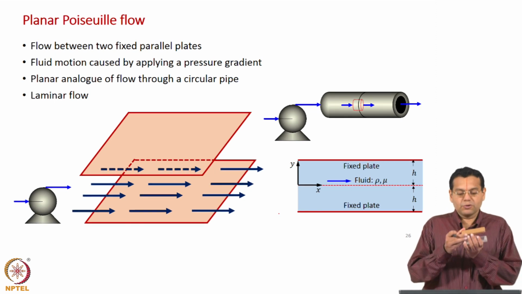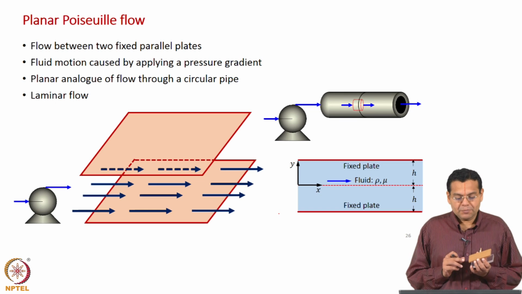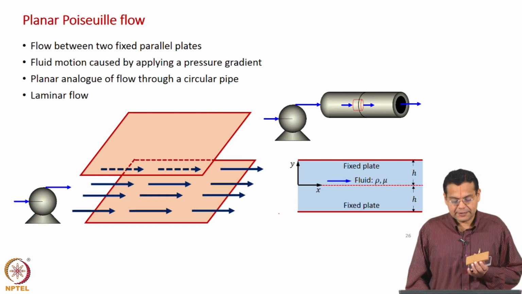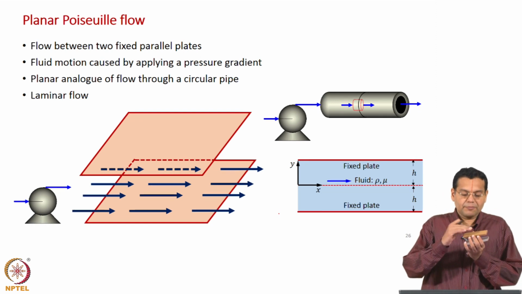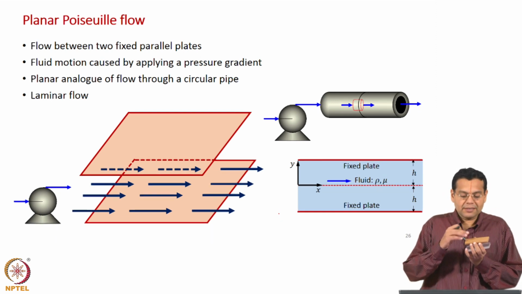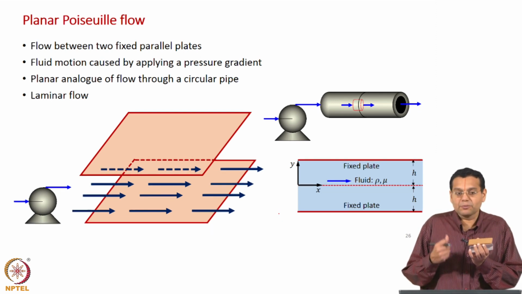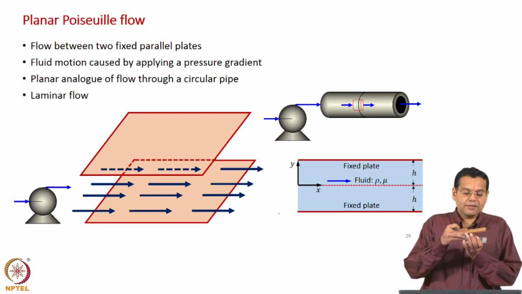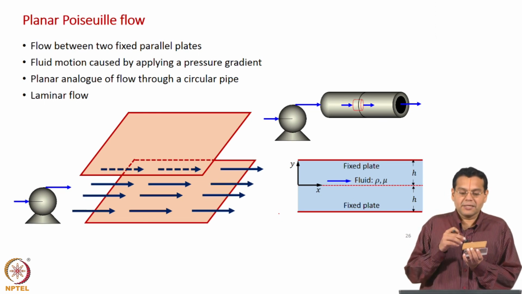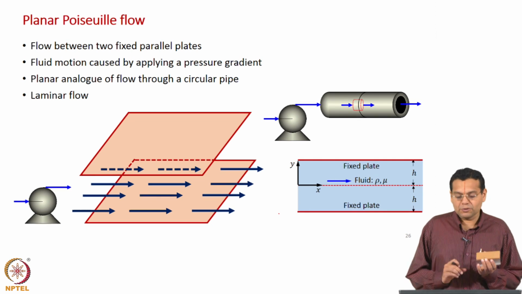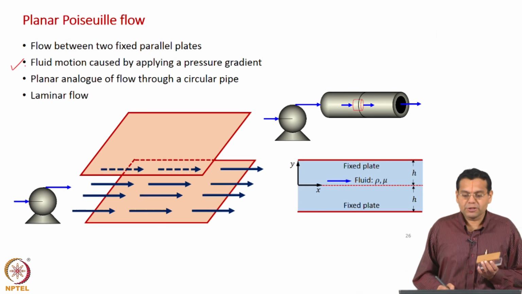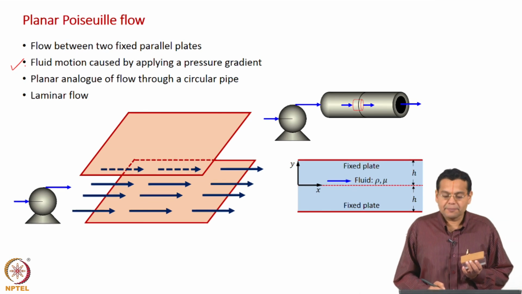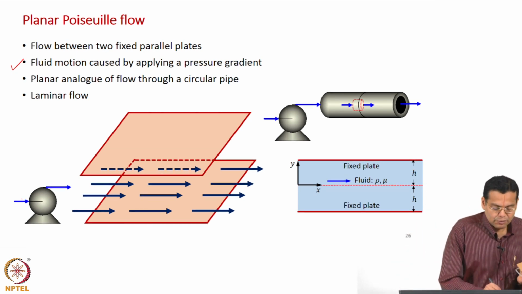So, we have two plates, both of them are fixed. Now when both of them are fixed, what drives the flow? In the earlier case, the top plate was moving, so that set the fluid in motion between the two plates. When both the plates are fixed, you need an external agency to make the fluid flow between the two plates. That is why the second bullet says fluid motion caused by applying a pressure gradient, and that is shown a little